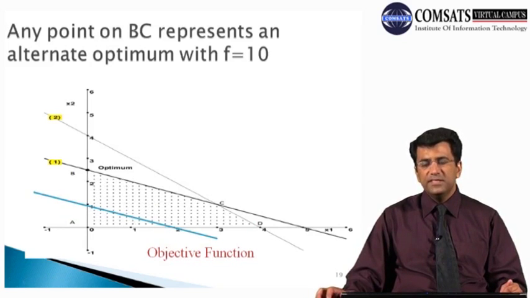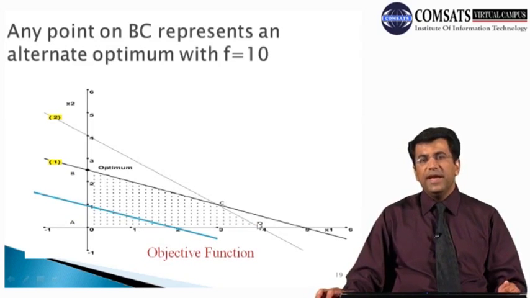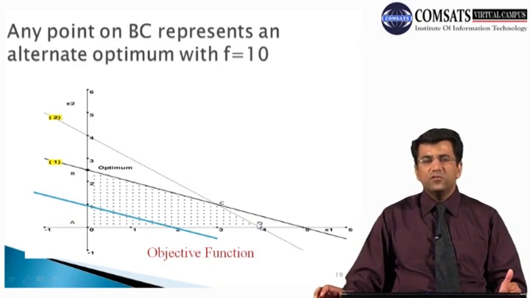Now class, you can easily see that this line of profit is parallel to one of the constraints. This one is the constraint, and both of these lines are parallel. And again, please recall one of the methods to find the optimal point by using the graphical method. What we do, we move this profit line away from the origin so that it may touch any of the extreme points within that particular region, that is the region of our feasibility. Now this dotted region is represented here as our feasible region.